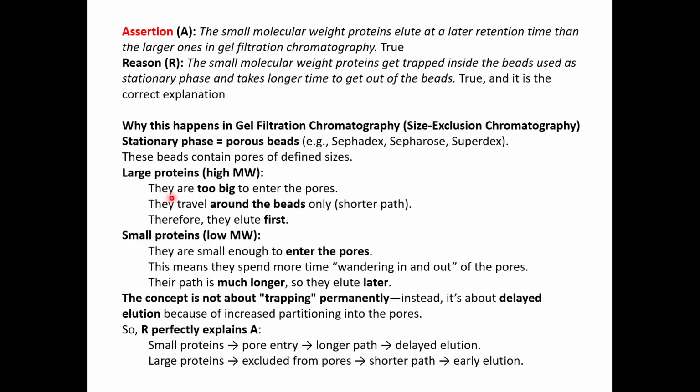Larger proteins, which have high molecular weight, are too big to enter the pores. They travel around the beads only and take the shorter path and therefore elute first. Small proteins are small enough to enter the pores. This means that they spend more time wandering in and out of the pores